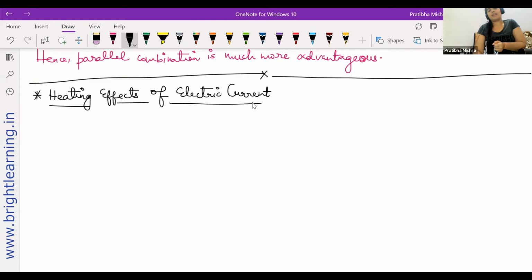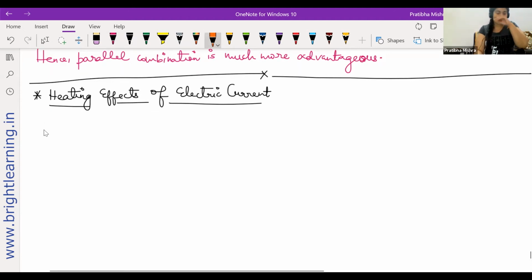So what can this be related to? First, let's take an example of a battery or a cell. A cell is just one single component. A battery is a combination of cells. So as I said, I'll draw a kind of flow chart. Let me use different colors for it.